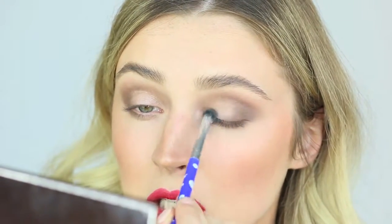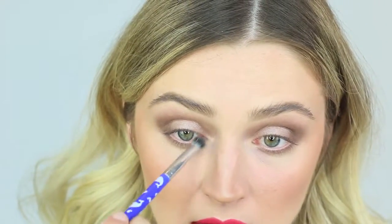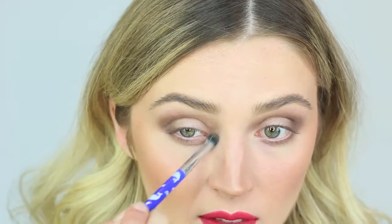And I think that when you're doing a dark liquid liner, it's really nice to have some kind of shimmery shadow to help bring light to it. So I just like to place this in there. And the shadow is nice because it's glittery without being overwhelming. You can make this really bold if you wanted to wet your brush and apply it. Whatever floats your boat, do what you want. I'm also going to take this into the inner corner of the eye and add a bit of glitter and shimmer there. And then once the shadow is done, we're gonna go into the liquid liner, which is the most